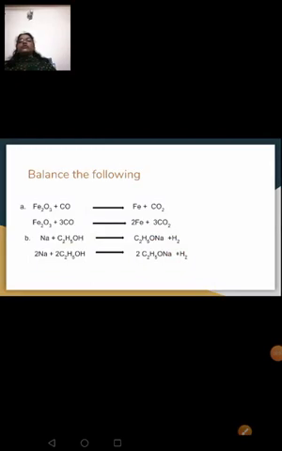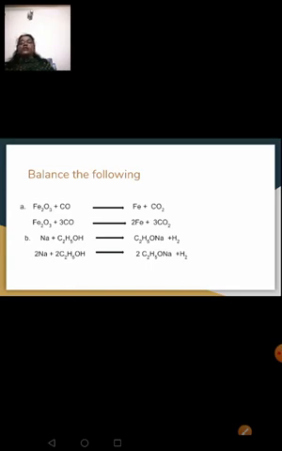What you have to do is copy down the question on a paper or in your notebook, and then you try to balance by writing the number of atoms of the elements present on your left hand side and right hand side. Then see whether it is balanced or unbalanced. Then you try to balance. I've given the answer also. You can check with that. You try. This is for your trial.